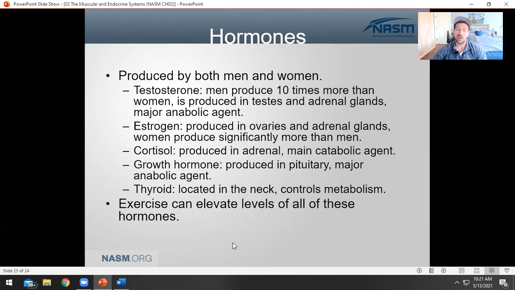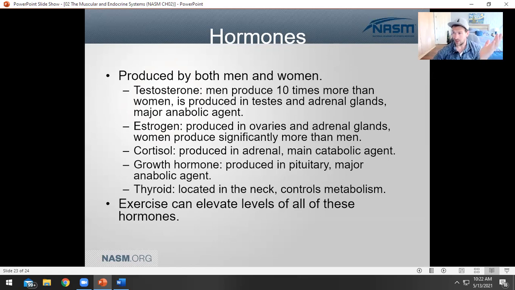And then we've got our thyroid as well. This is going to be located in our neck. And like I said, your thyroid is going to regulate your metabolism. What's great is that exercise can elevate all of these things. We can get those muscle building properties from testosterone. We can get better at maintaining our blood glucose levels by changing up how we use insulin. We can create more thyroid hormone, which speeds up our cells. All really positive stuff. Exercise has a positive benefit in, basically,